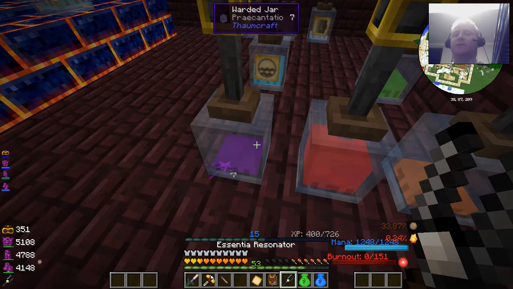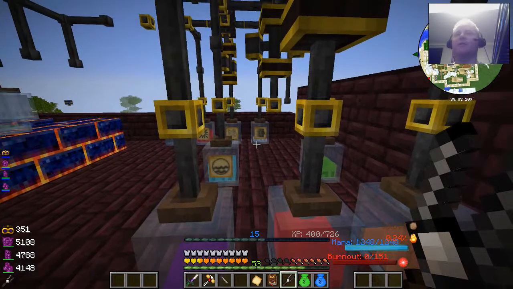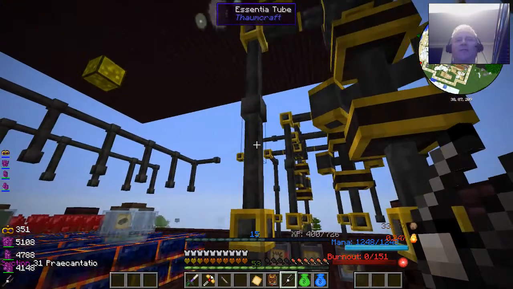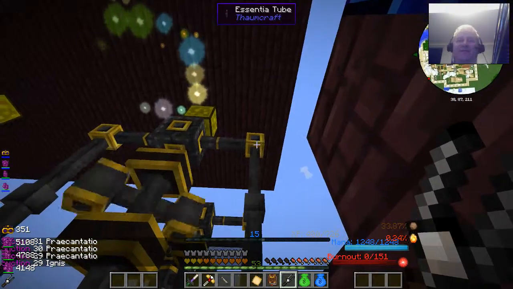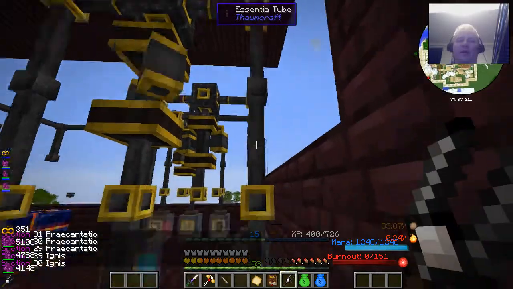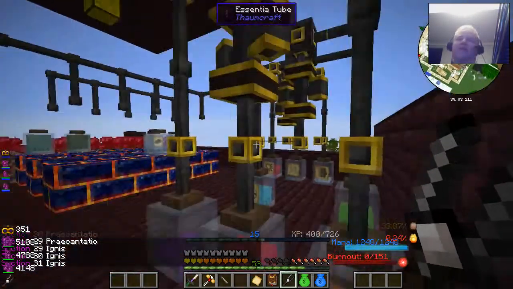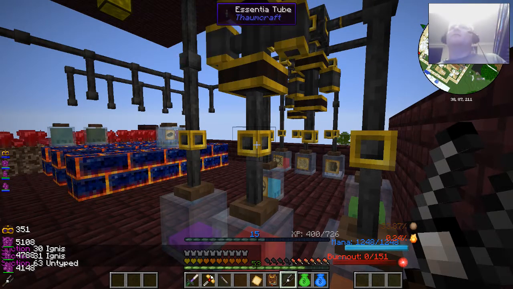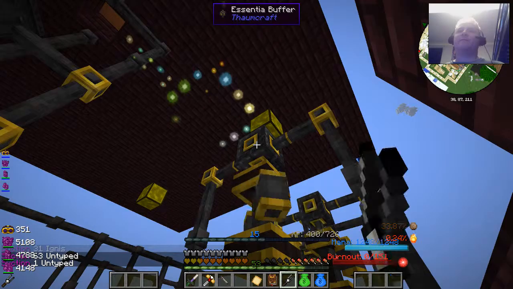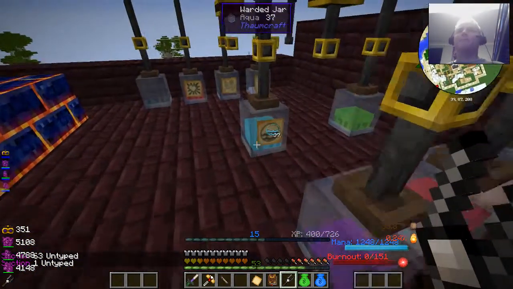Now this Essentia resonator that I've got right here is really good for trying to figure out what's actually inside the pipe at the time. And sometimes it even seems like things will start to work if you hit it with it. I'm not really sure about that, but that's how I felt at first, was that it was doing stuff for me. Anyway,